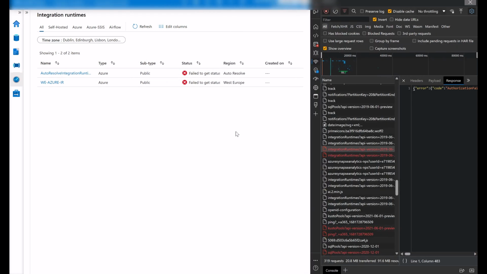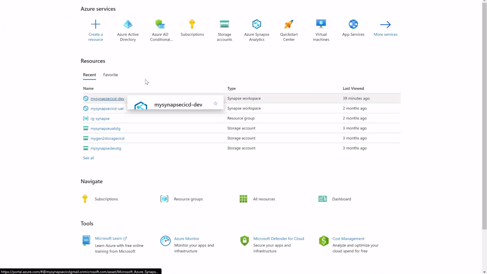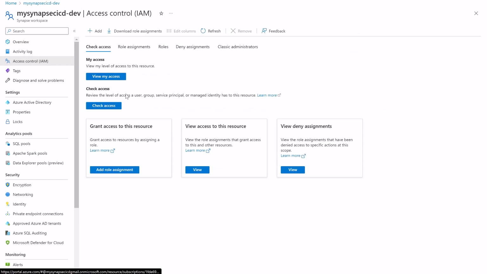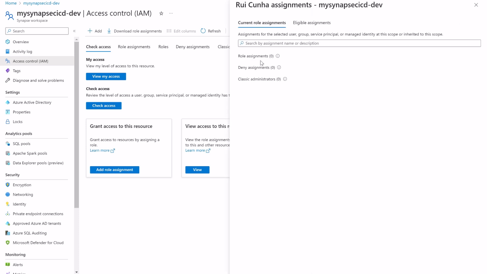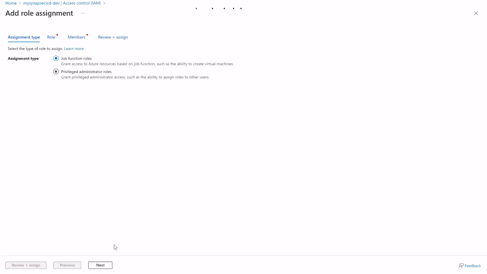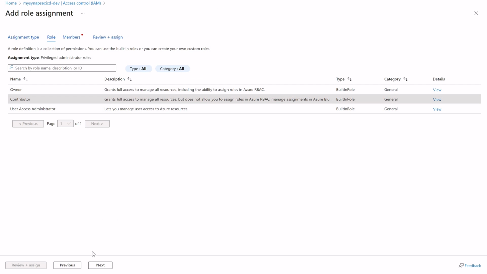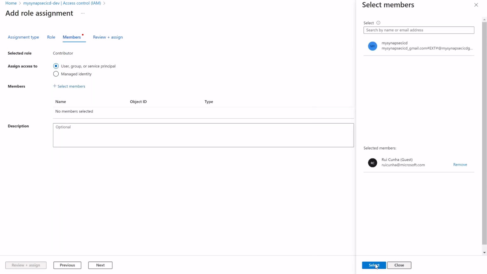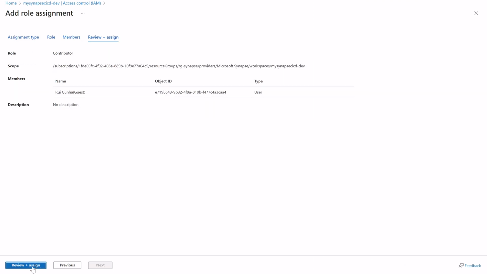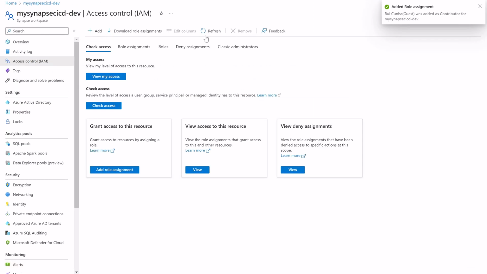So in this particular case, what I would need to do is go to the portal in my workspace, access control. I can check if my Microsoft user, okay, no roles have been assigned to this user. So I'm going to grant this user the contributor role, and let me select the member, my user, review plus assign, granting this role to my user, and now back